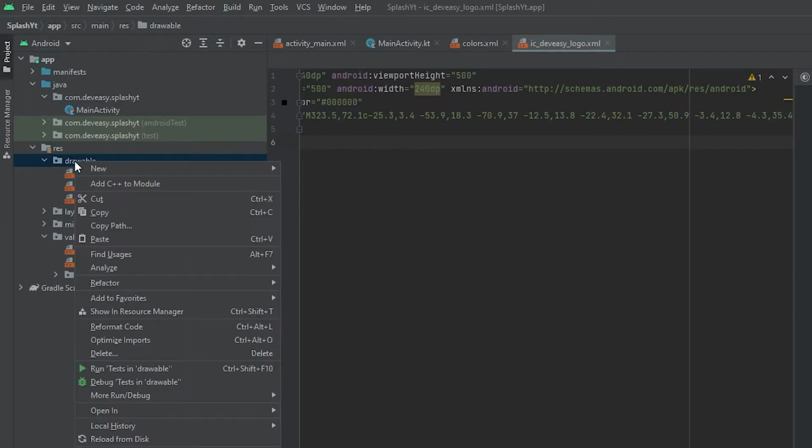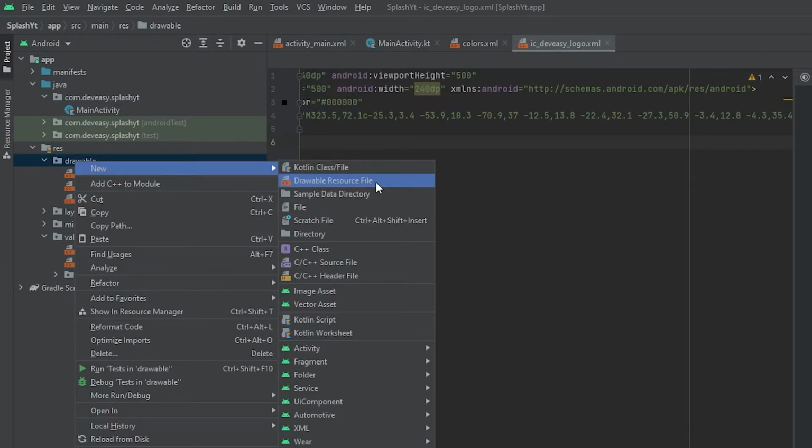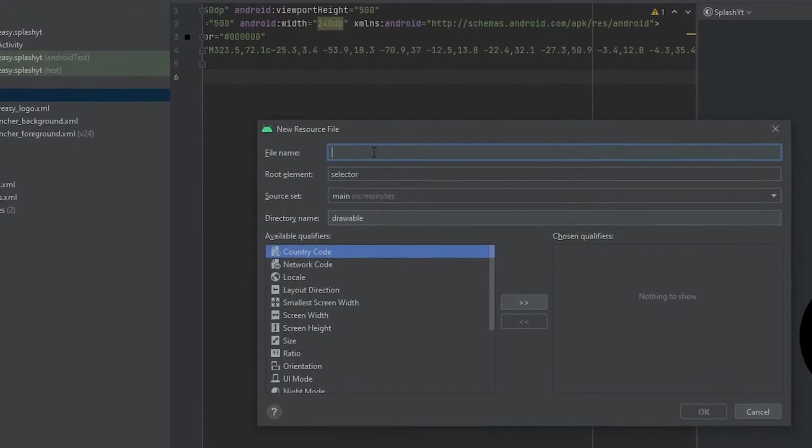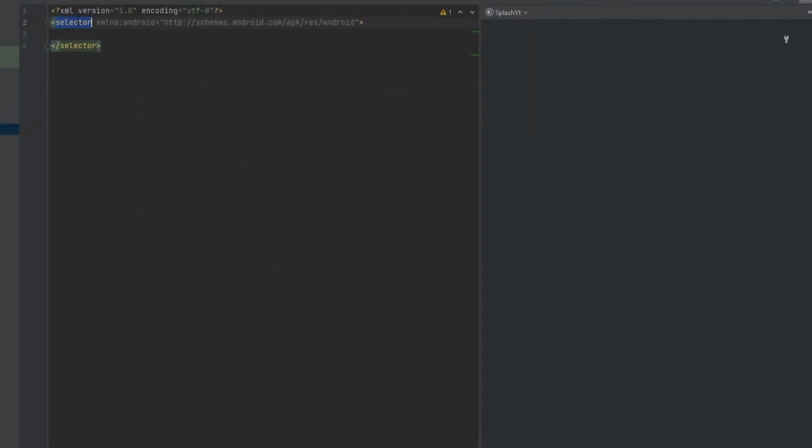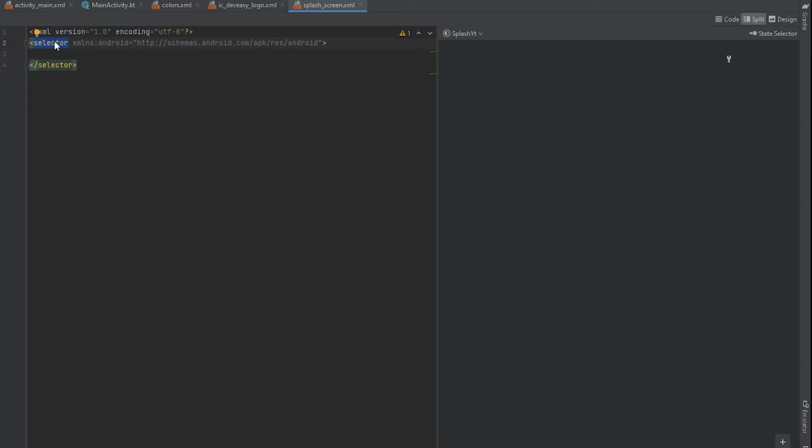I need to create one more thing. I'll go New, Drawable Resource File, name it splash screen and click OK. I'm going to change this from selector to layer-list, and add two layers. One will be my background and the other will be my logo.